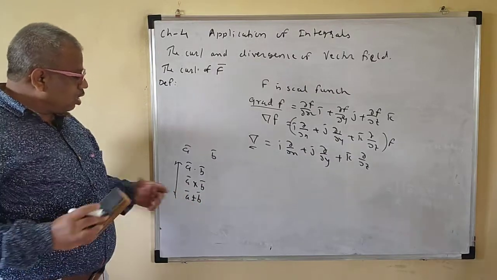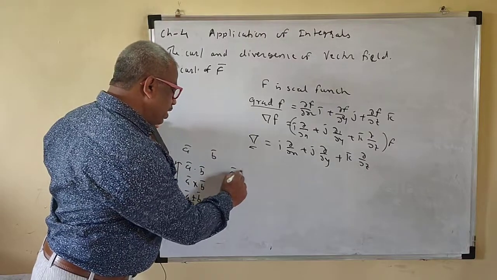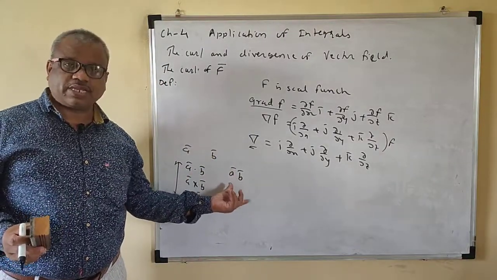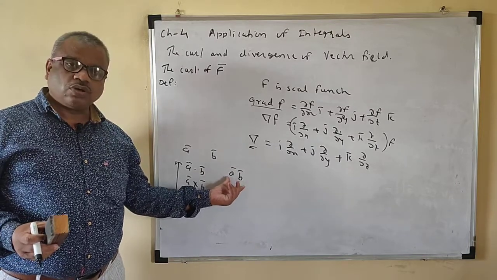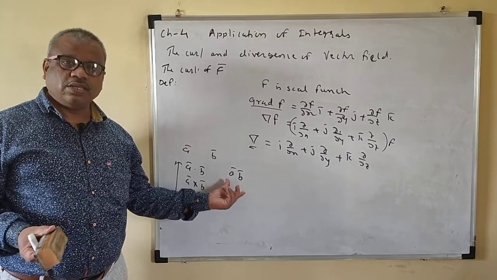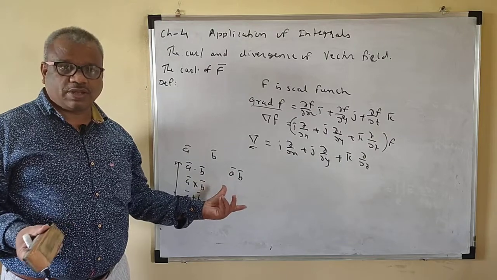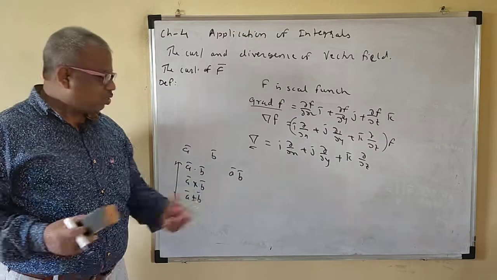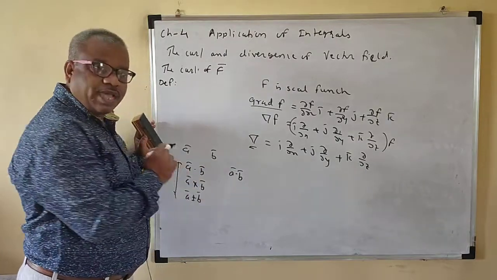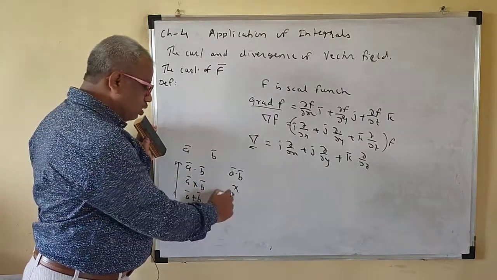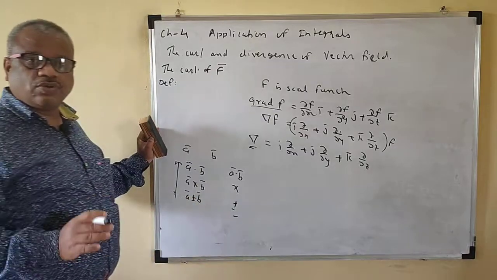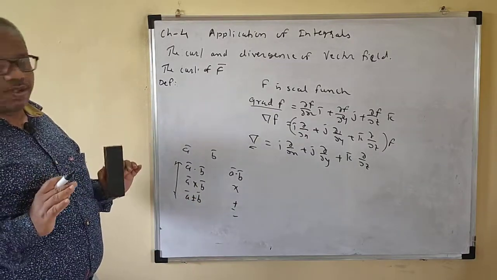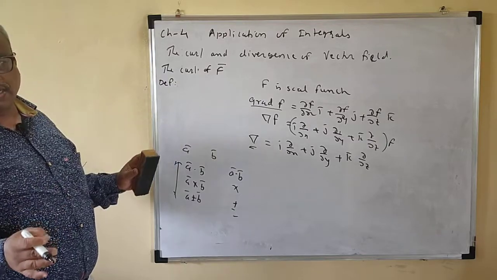So if you just write a bar b bar, it is meaningless because between the two vectors there is no symbol. So how to find a bar b bar? Between a bar and b bar there is no symbol, that means this is meaningless. It does not exist. Between two vectors there must be either dot, cross, plus or minus. At least these four symbols should be between two vectors. Now the curl of a vector means what?